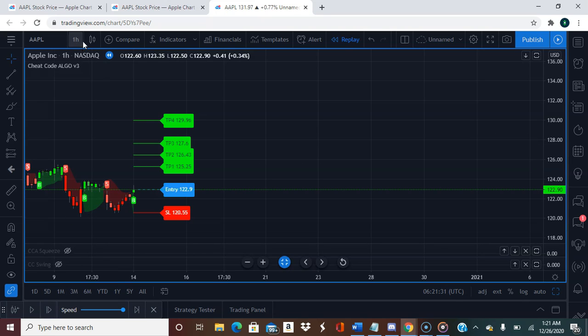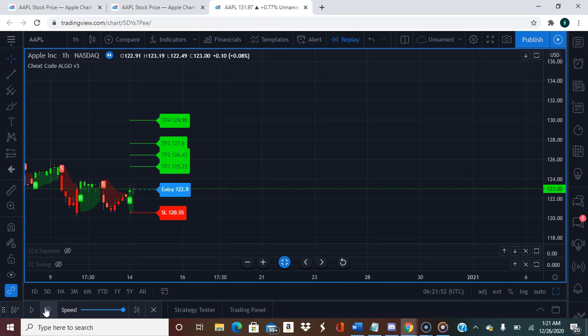This is a 1 hour chart that we're on. This software is optimized primarily for 1 hour charts, but it works on all different time frames. You can go to the 15-minute chart, 5-minute chart, whatever it is you trade. It should work the same. Now, when it comes to larger trades like daily charts and things like that, it may be a little bit different, but overall it still works just fine. So get your buy signal 122.90,